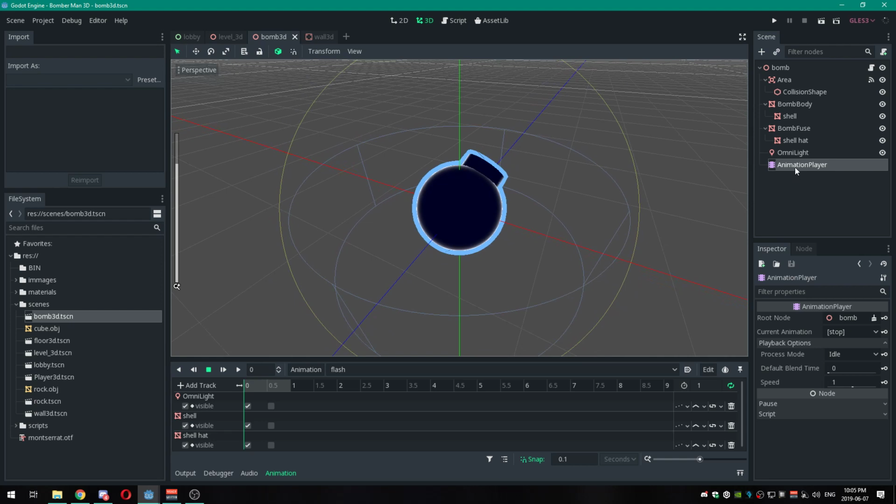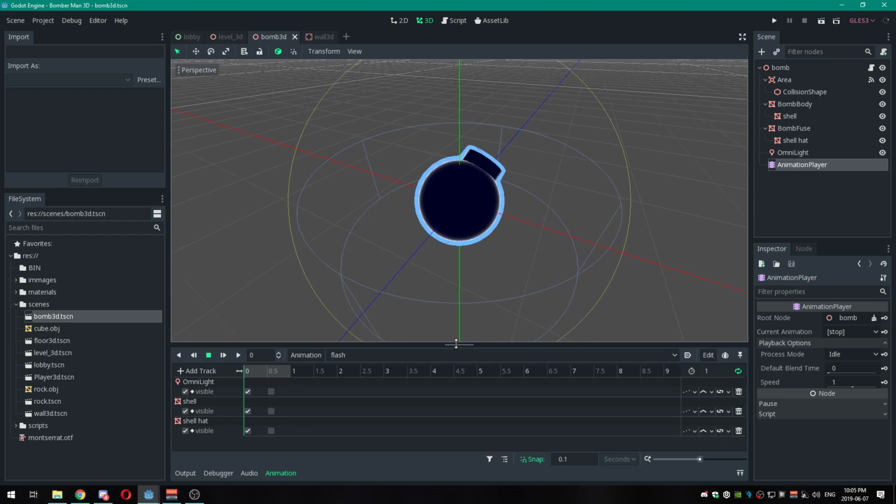I have a feeling that's just supposed to say anim, but we're about to find out anyways when I run the code. If you play the animation, you can animate just about every property in Godot, which is great. In fact, I think you can animate every property. I haven't gotten around to really playing with it, but what I'm doing here is I'm hiding